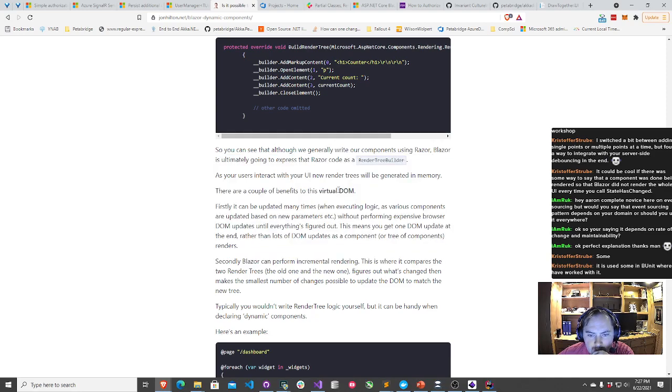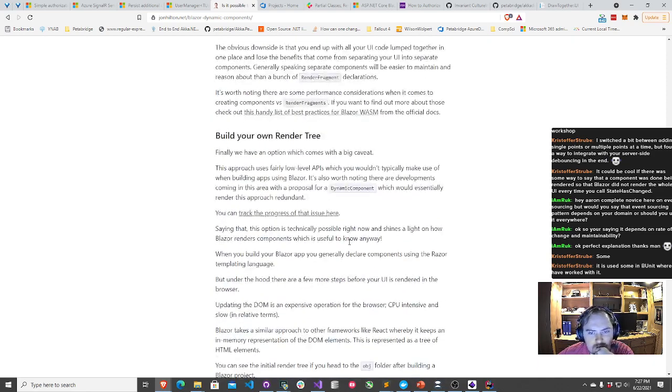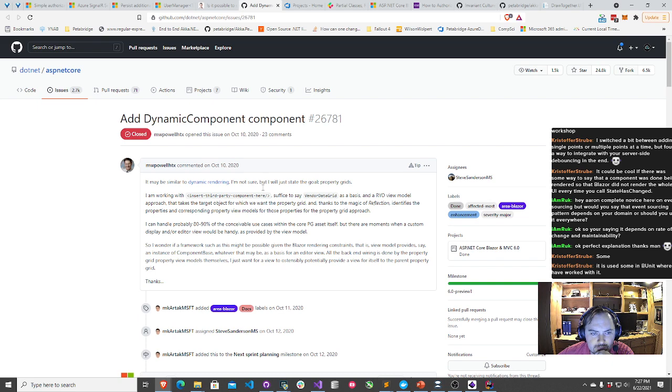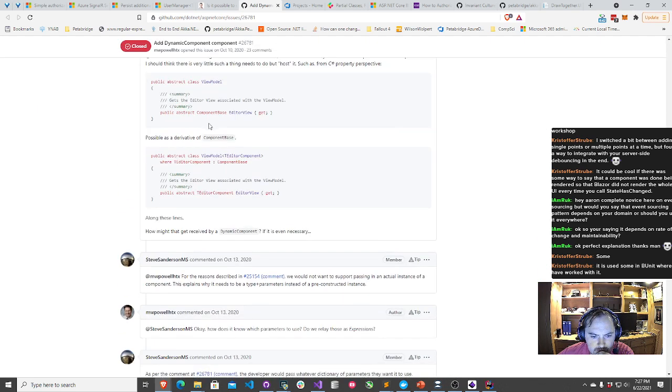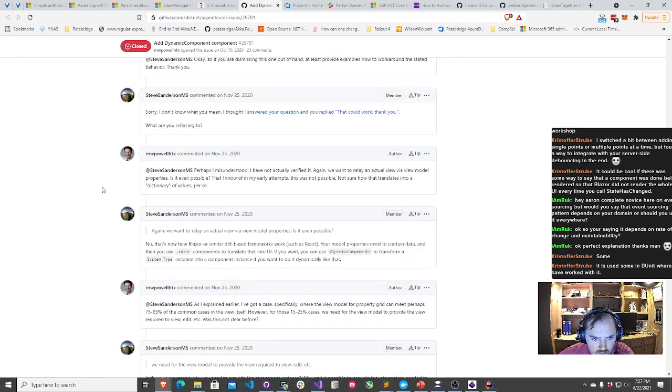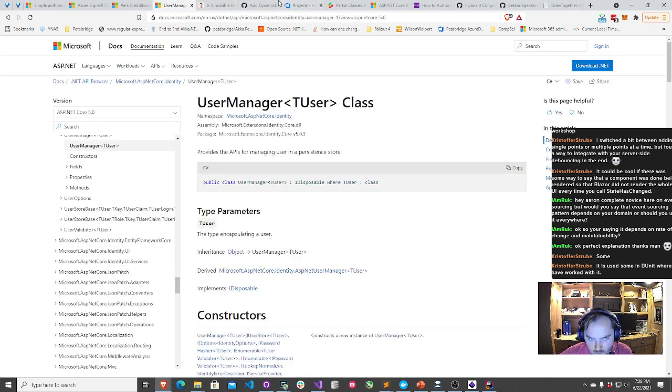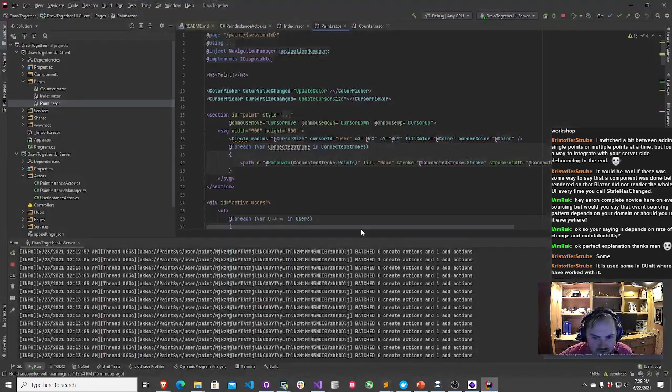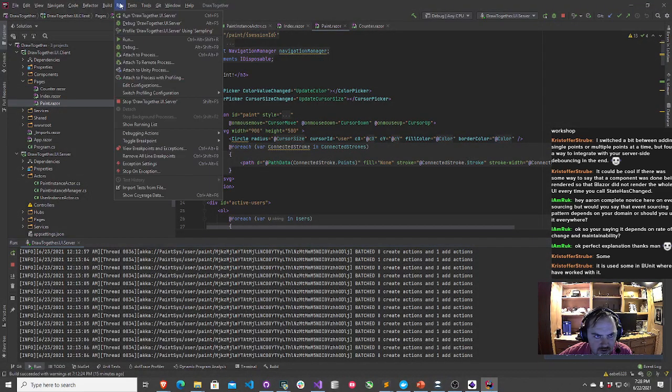Okay. Couple benefits of this virtual DOM. Let's see. Is this not done yet? This issue? Let's take a look. Okay, looks like it got added. Okay, so that's all done. By the way, funnily enough, I see Steve Sanderson here, who I think is one of the architects of Blazor. He implemented this exact style of rendering in Knockout.js, a big JavaScript framework that he put together, which I used pretty heavily in my first business. So that's exactly the sort of thing I'm going for here.